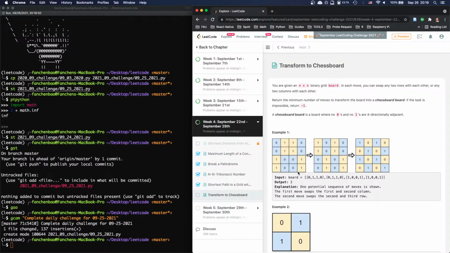Which means the swapping is only possible if the end of the other pattern must be 0. If the end of the other pattern is not 0, right? For example, if it's 0, 1, 1, 0 and the other pattern is 1, 1, 0, 0. If their end value is not 0, then what's going to happen is, no matter what you do here,